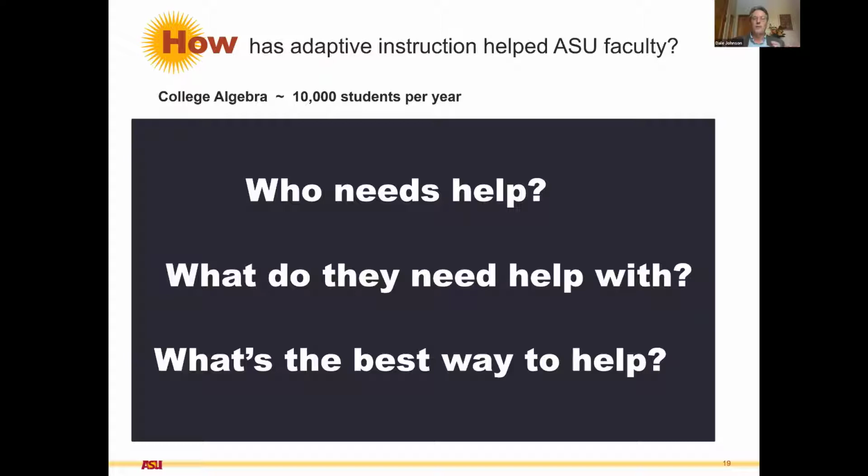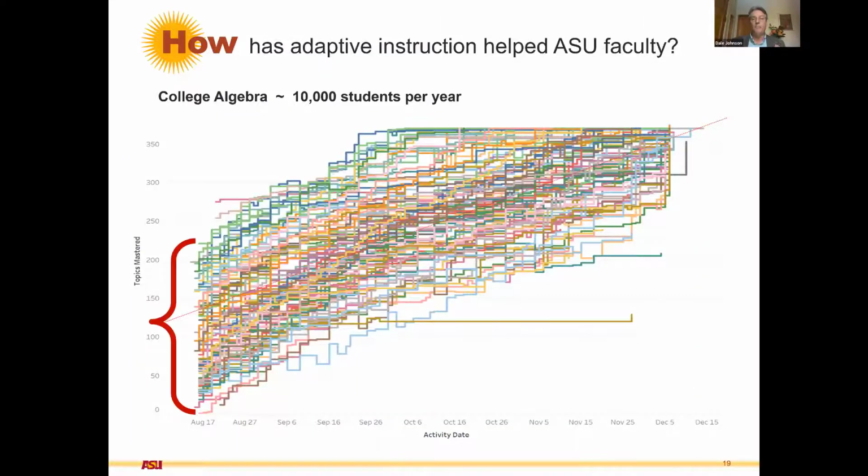We used software called Alex from McGraw-Hill. And the first thing it did for us is it allowed us to organize the class. We had a team of 6 math professors who worked on the curriculum, and they configured that. There were about 370 lessons in that curriculum for college algebra. And this is one semester from August to December. We saw right away in the initial knowledge check that students start at different places. So we have to start thinking about our instruction differently.